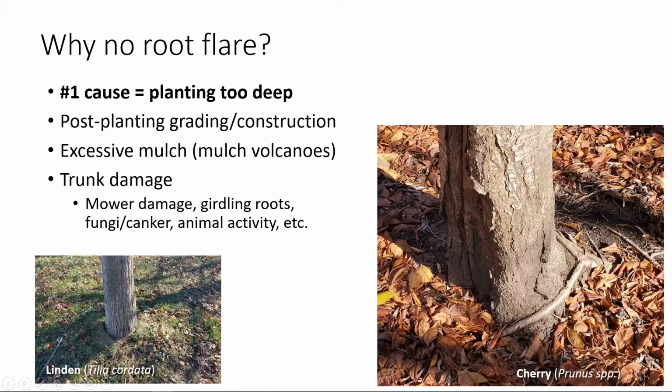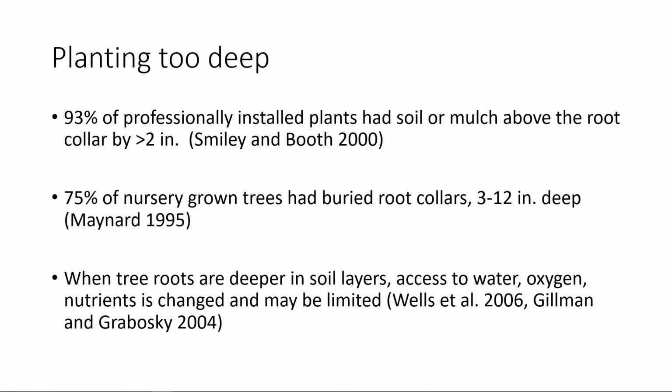So in this case, we have no basal flare right here. We kind of saw this on the hickory before, where it's not always a big gaping hole. Sometimes it's just dead bark that is kind of an indicator of that, and a dead area that's maybe not always as obvious as this, that indicates we don't have a great root flare there, and in that area, that part of the structural root system is not present or has died from root collar disorder.